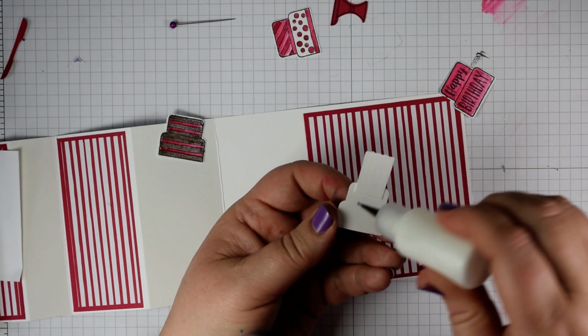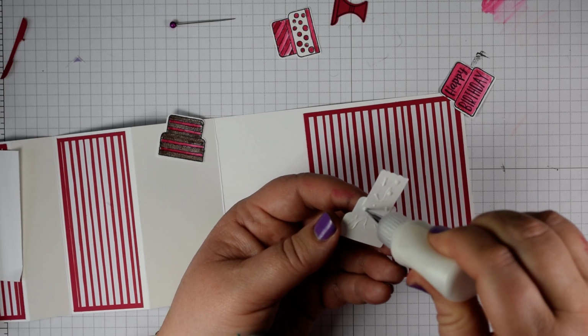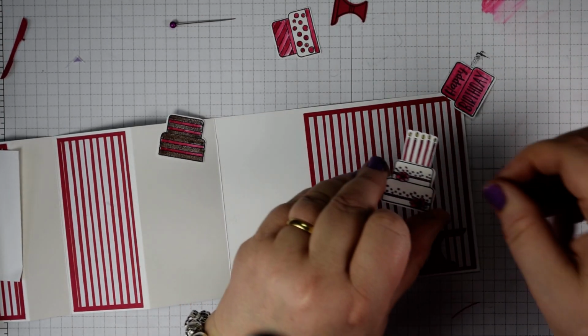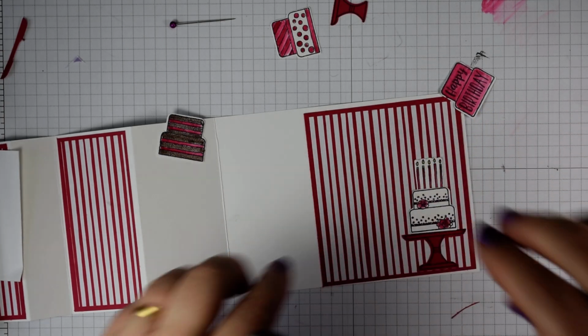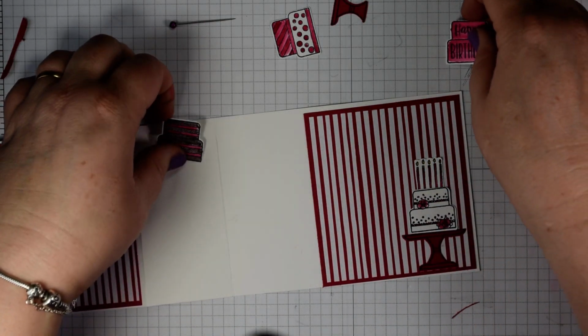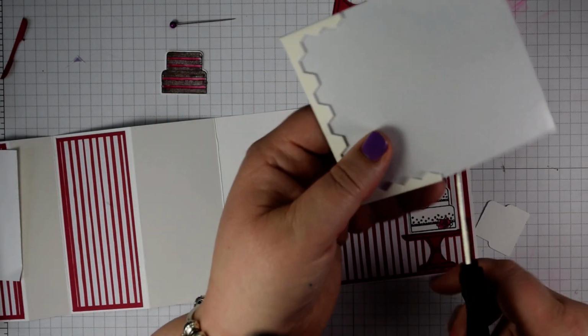Then once you've done that, you can see why there's no point in having to hand cut that. Much easier to kind of cut out just what you need. So there's my main cake. My second cake, I'm going to just pop up on a little bit of dimensional. So here we've got just some